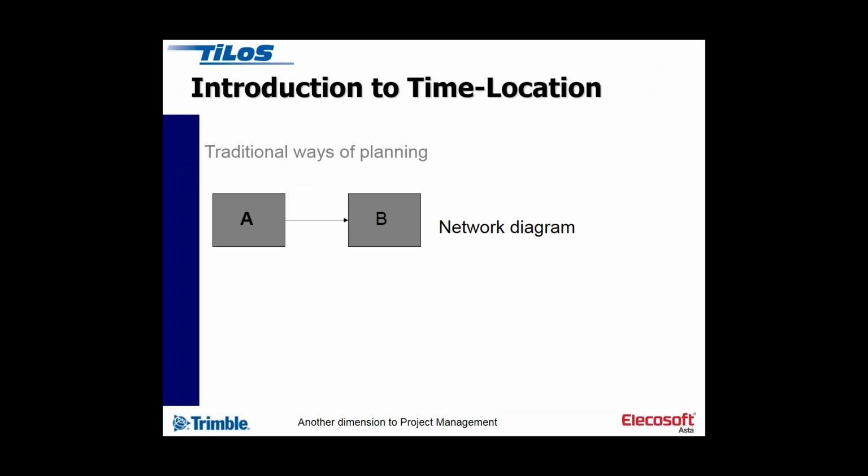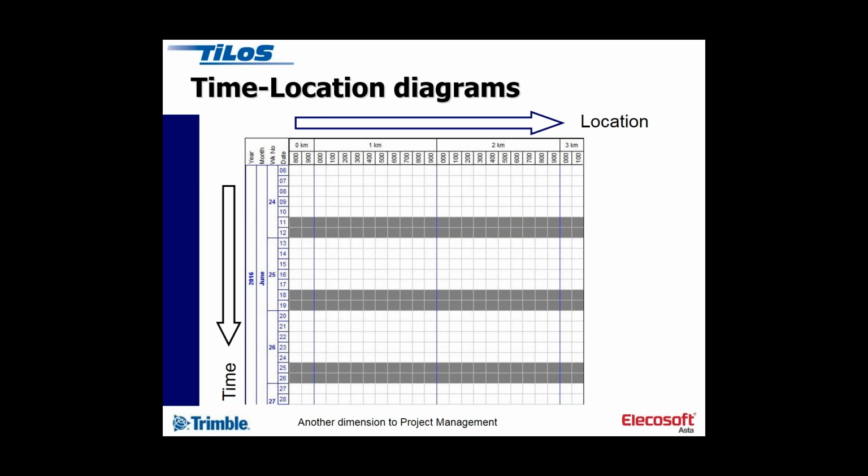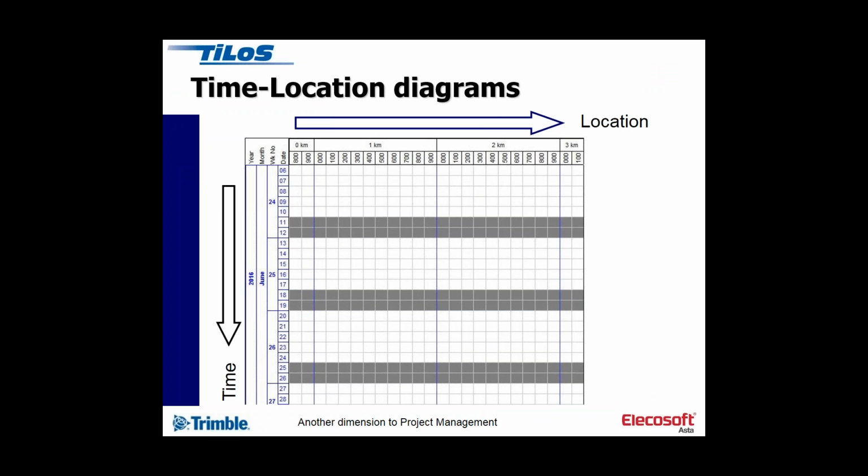So why people use time distance planning is you might use a network diagram or a bar chart, but when you've got a linear project, you've got another dimension to play with. And it doesn't matter to TILOS whether location goes left to right or right to left, or time goes up and down or down to up. All of that can be changed. But the fundamental thing is if you see